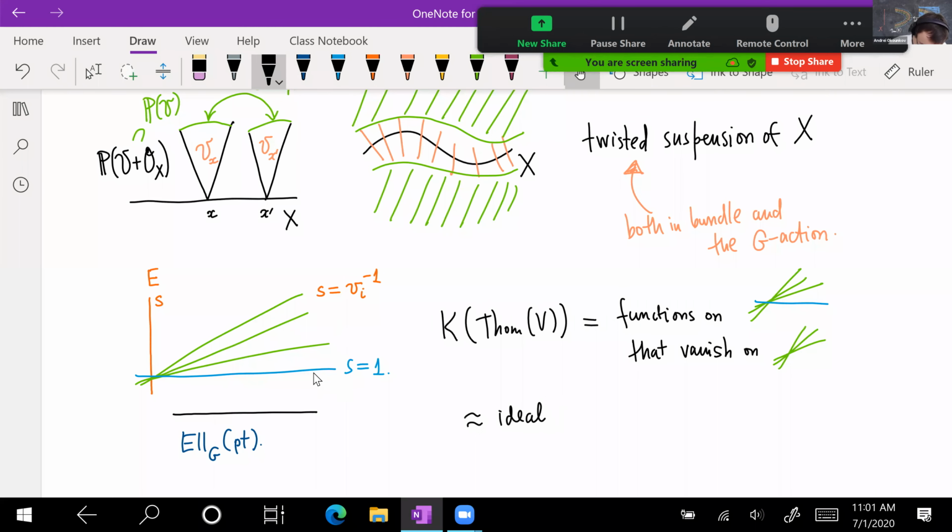So this is pretty much the ideal. If this were a good kind of intersection, it would be the ideal of where this guy intersects. So this is the ideal of the product of 1 minus V_i in the K-theory of X. And all of my K-theories are equivalent. Of course, there could be a trivial bundle among these V_i, and so this would not be so good. This is why this is approximate. The correct statement